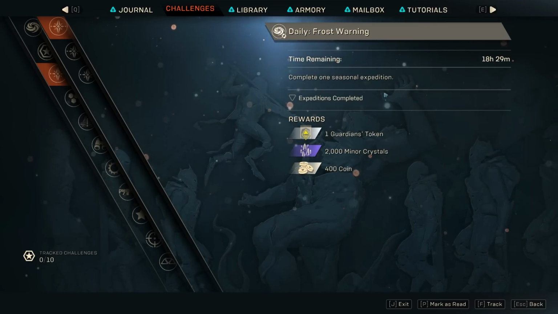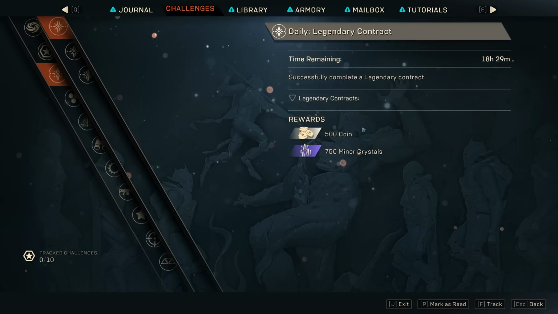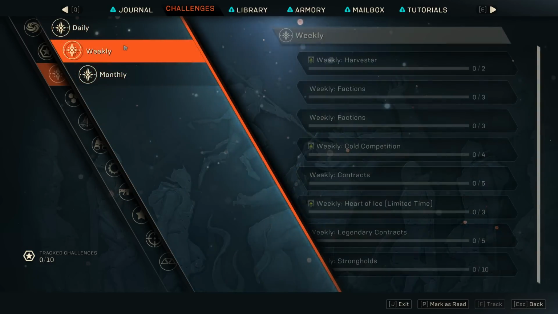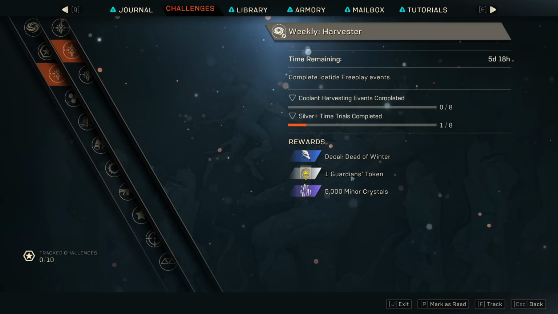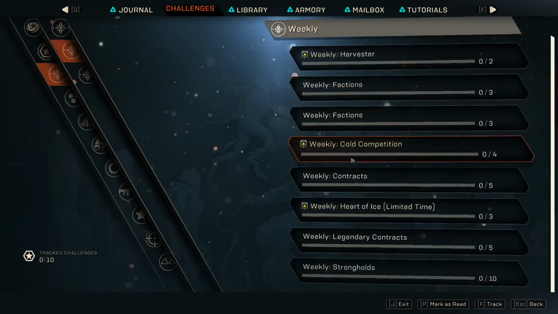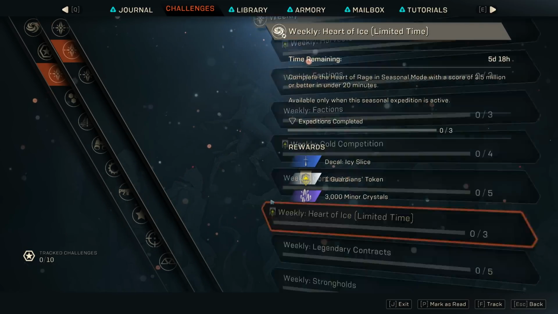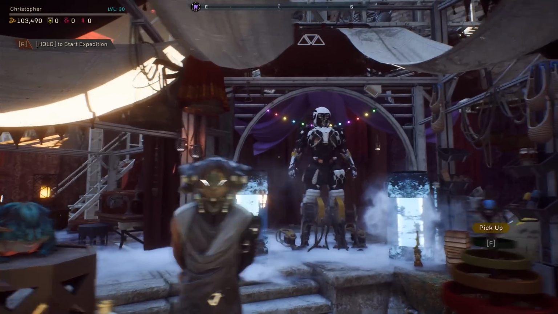But most important of them all, there's also a new, let's just say, token that is called Guardian's token, and you can actually use this to get guaranteed legendaries, and you can get these on a daily and weekly basis, especially since there's quite a few of these achievements that provide them. So there's Weekly Harvester that gives you these, weekly cold competition. So yeah, you can get about 3 or 4 of these per week, and also 1 each day, so quite a few attempts at getting some legendary loot. I'm going to go over those tokens in just a little bit when I'm going to go over the entire map,